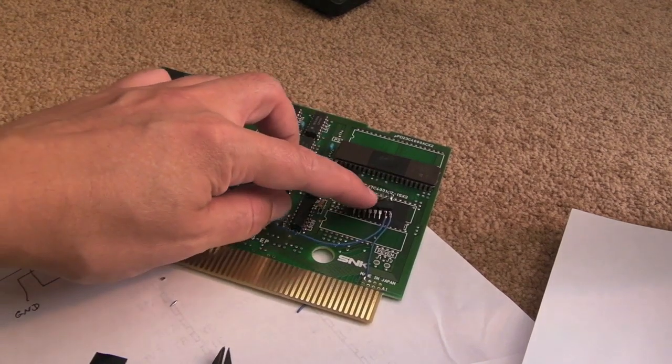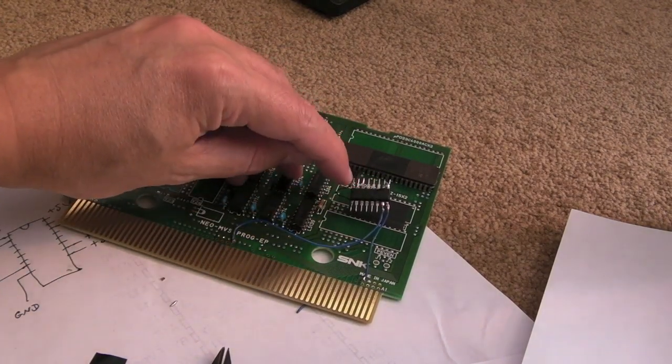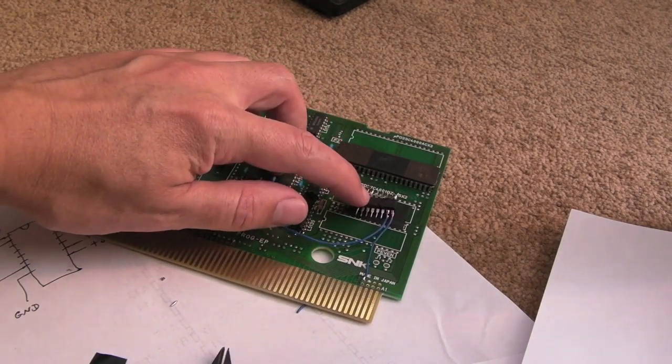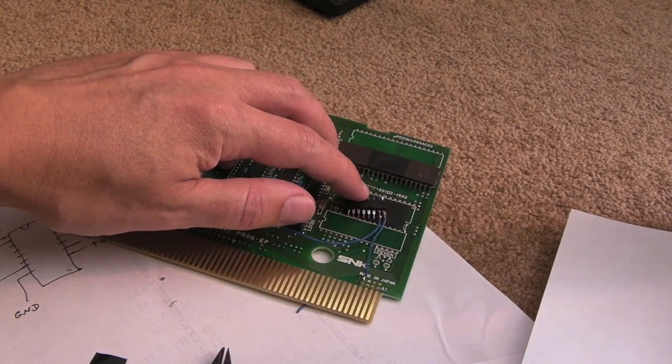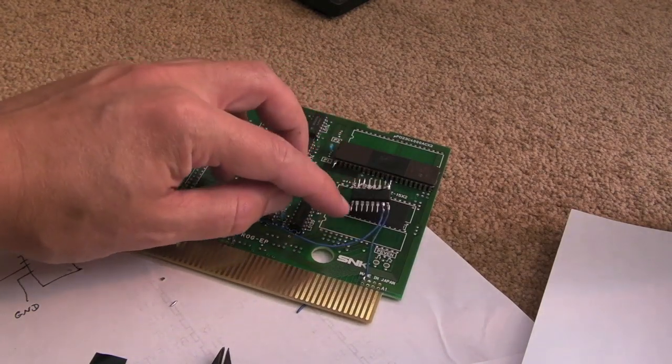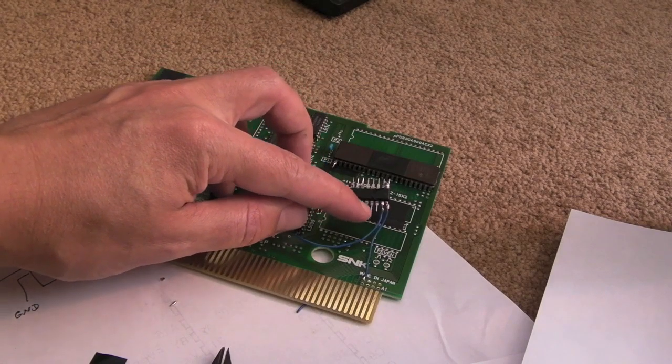The only wires to do now is I need one wire coming out of the third pin from the top there to here. So I'll do a nice short tight wire there to help hold it so it's not going to move anywhere. And then the other wire is the reset pin, which is going to be one of these pins down here,